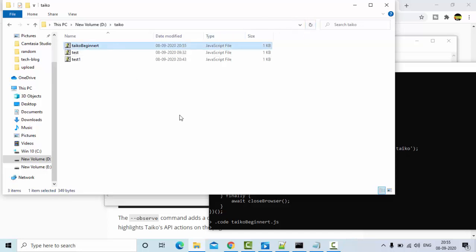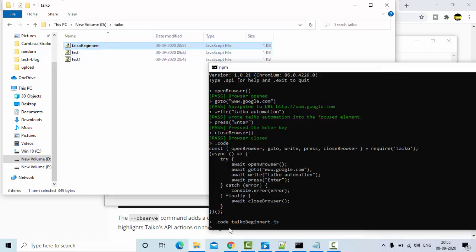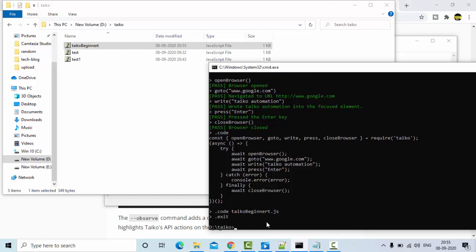Now you could see it got saved. Here, Tyco beginner. I am in this Tyco command prompt, so in order to come out of it, simply use exit. It came out. Now I have this file in which code has been generated.